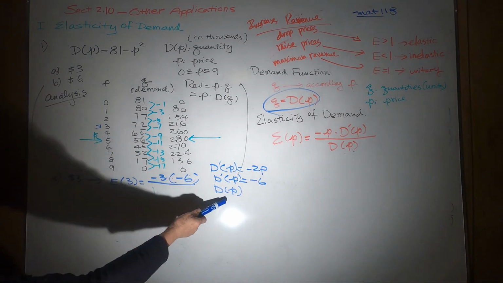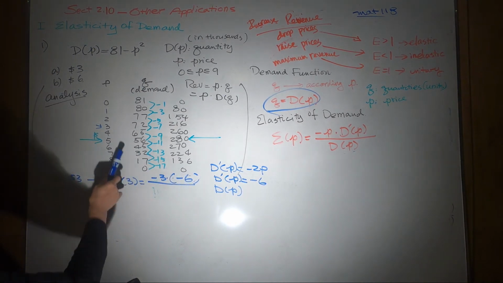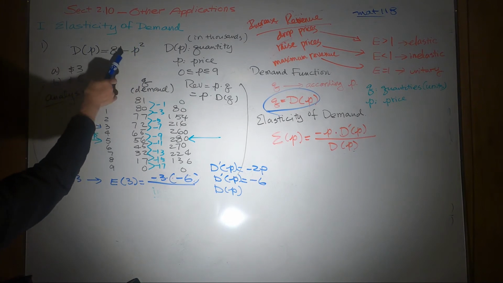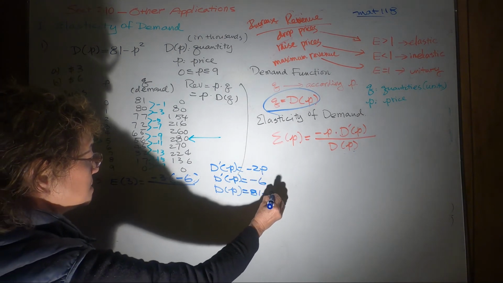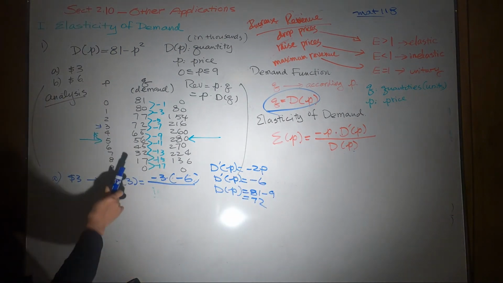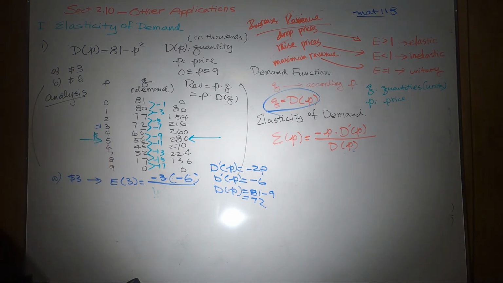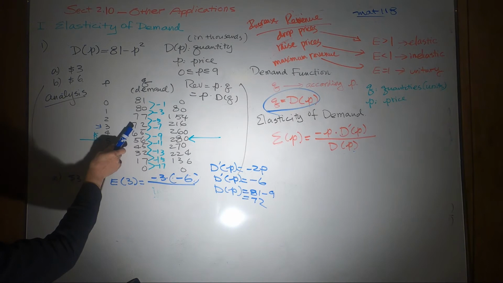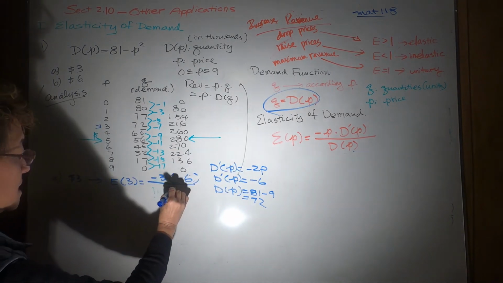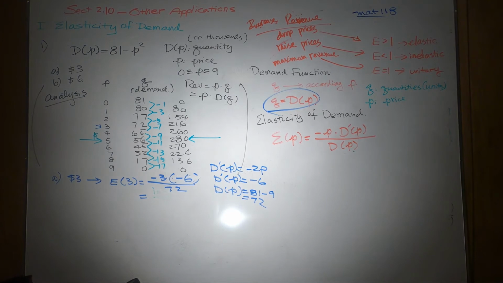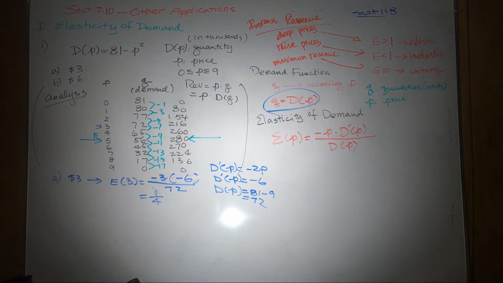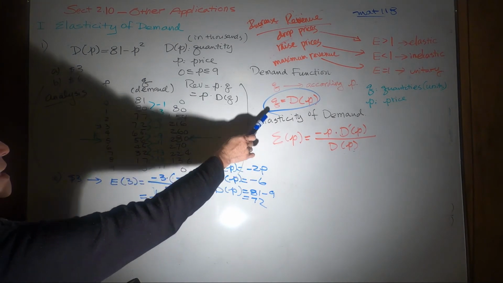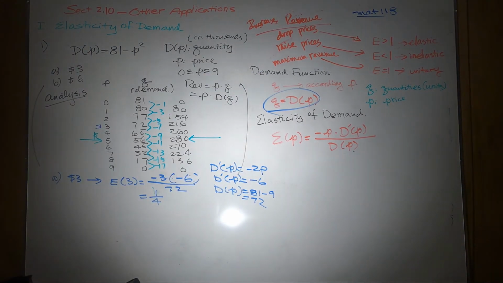dp is the demand, right? So p is 3. 3 squared is 9, 81 minus 9 is what? So it's 81 minus 9, that would be what? 72. Oh, that's the demand, right? So over the demand, 72. So that would be what? 18, 1/4, right? So it's 1/4, according to our formula, and the E,